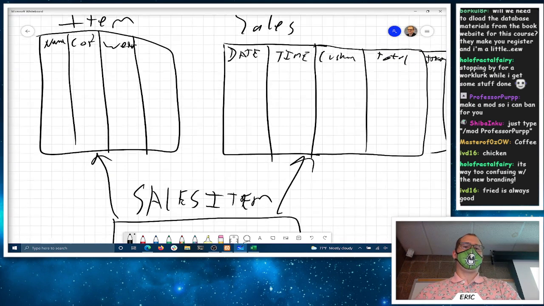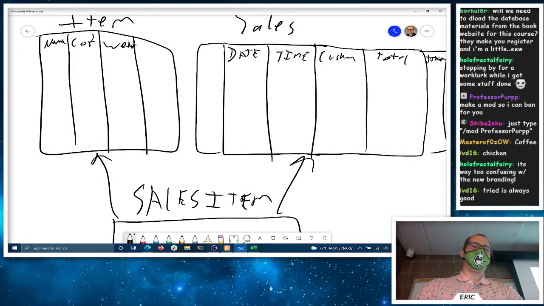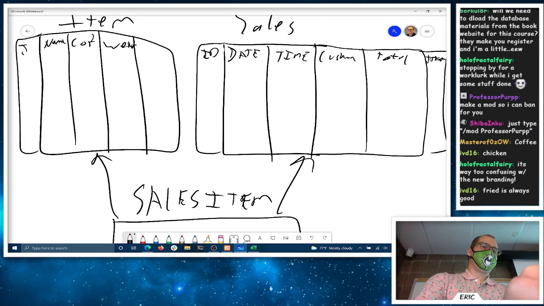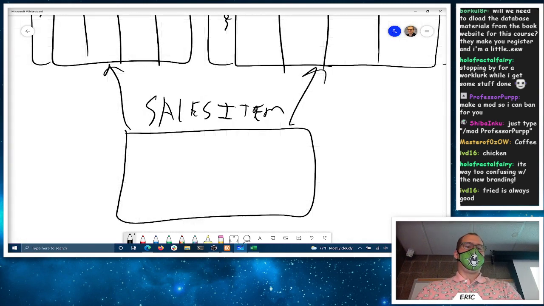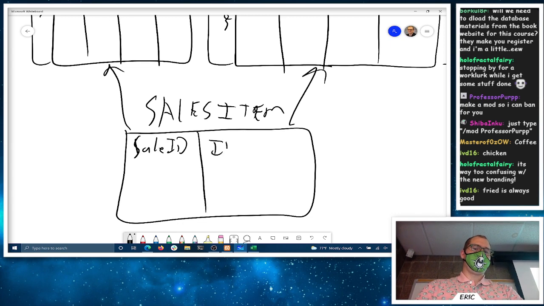So I can say, okay, hey, maybe we add a way to identify these things. If we add an ID column, a little shorthand notation, ID column, say this is item number 1, item number 2, item number 3, right? Sale number 1, number 2, number 3, right? On and on and on. So I can say, hey, for sale ID, and then for item ID,